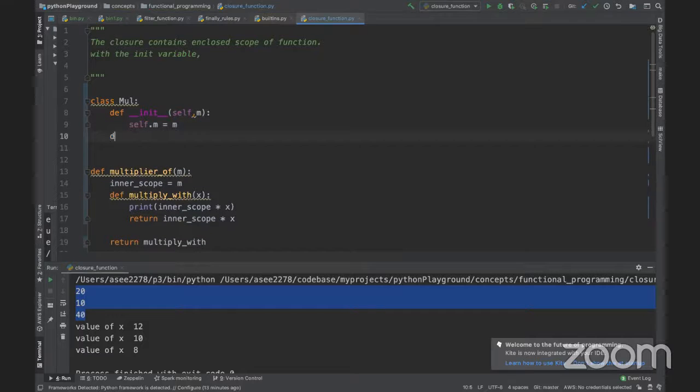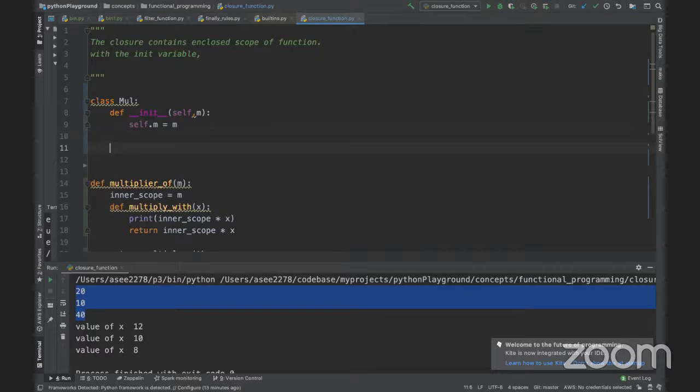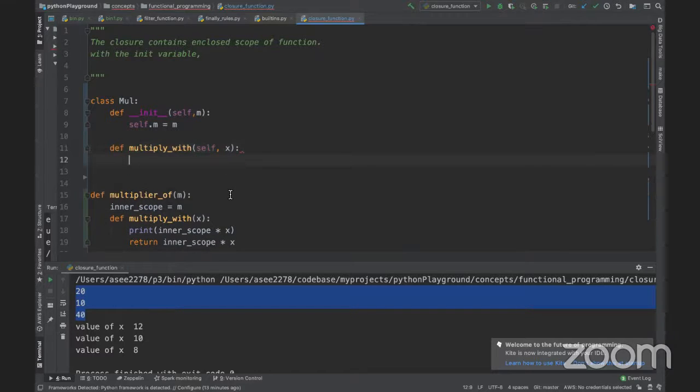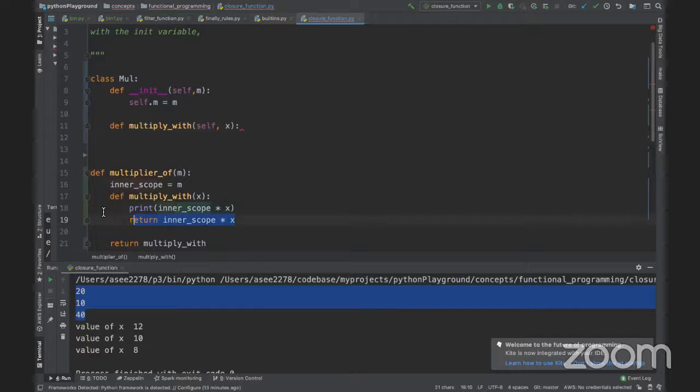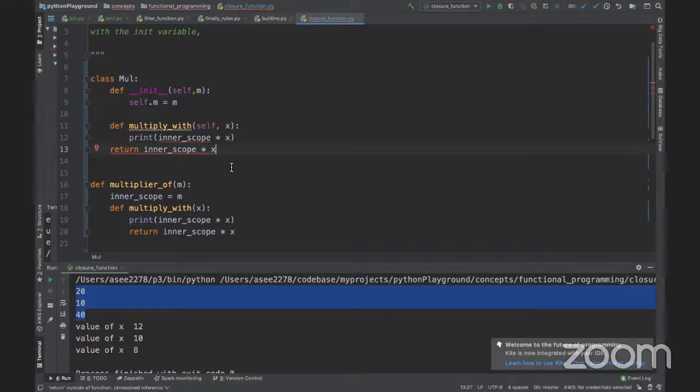So I now have a function, basically an object. This object will always have the value stored inside the object, and whatever value I pass here, I'll just do the same thing, nothing different,